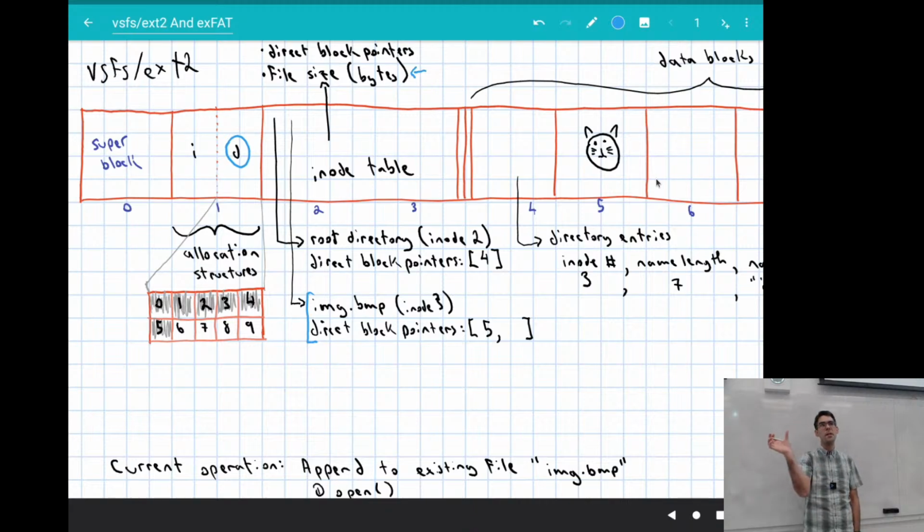So there'll be a property in here that says this is how many bytes this file has in it. I also am going to need to make a change to my direct block pointers here. I'm going to extend this file. I'm going to add a new block, so I need to add a new block to my list of direct block pointers.